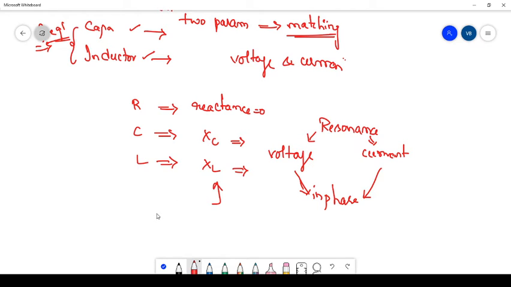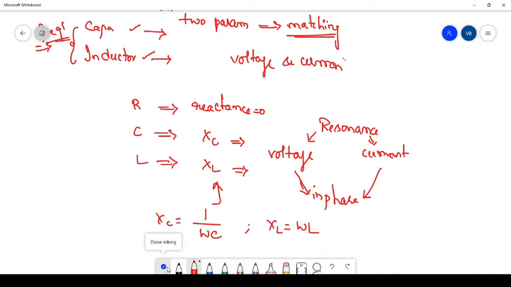What is meant by XC? We can write that as the reactance of a capacitor, represented as 1 by omega C. What is meant by XL? The reactance of the inductor, which is proportional to the frequency, we can write as omega L. Okay, omega C and omega L. Here the reactance of the capacitance is inversely proportional to the frequency, and the reactance of an inductor is directly proportional to the frequency. Based upon these two concepts, we are going to find the resonance frequency.